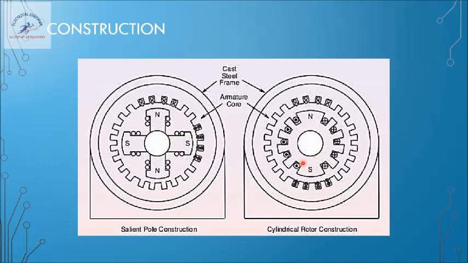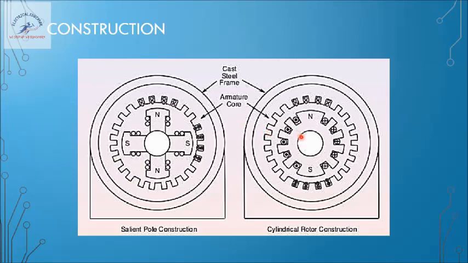So now, this type of motors, the salient pole and cylindrical rotor. Since salient pole rotors have protruding structures, it is not safe to use these motors for high speed applications. So these motors will have larger diameter and shorter axial length. In such cases, these motors are used for low speed applications and high torque. So for low speed, high torque applications, we are going for salient pole construction.